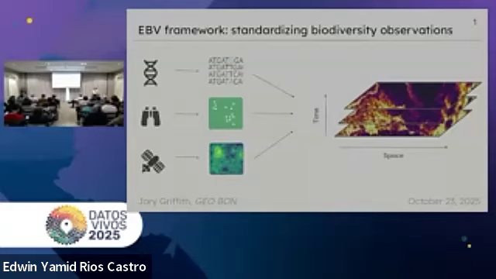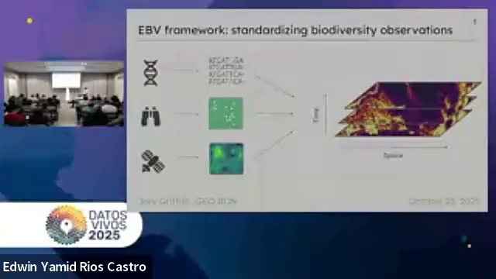And yeah, so EBVs have gained a lot of traction in the biodiversity community since they were first introduced. Oh, I forgot to mention, EBVs are of course not raw data. Raw data is very messy. There are data gaps and biases, so it's sort of this modeled intermediate layer that's supposed to describe the state of nature in space and time.